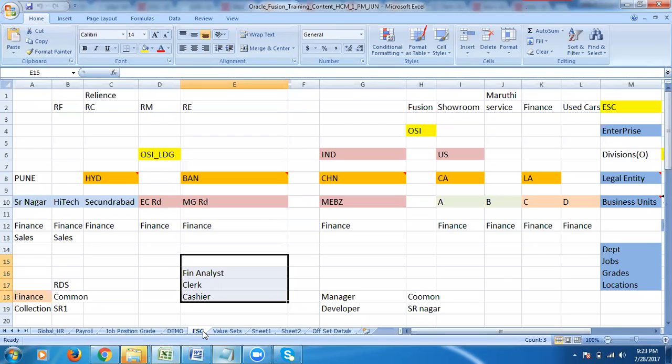How does data flow from one module to another module, Madhu? It's difficult, Madhu, to explain from one module to another module, but it is linked. Linked, for example, in Global HR, you are creating the jobs and other things, right? Employees.